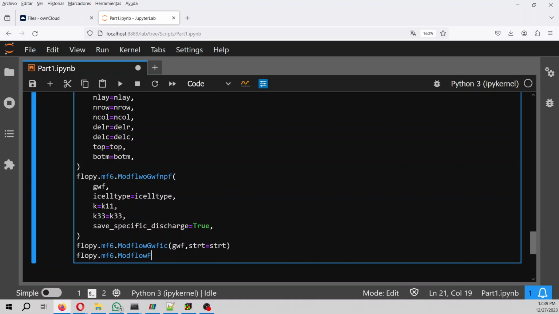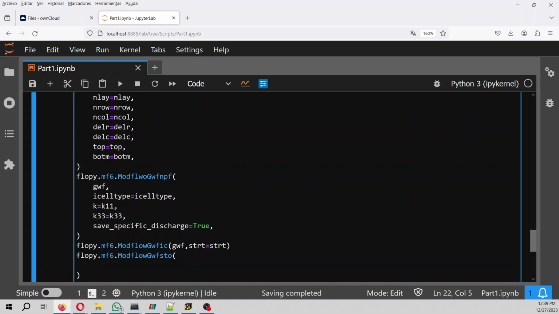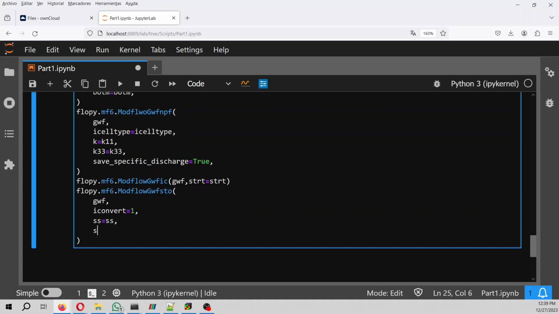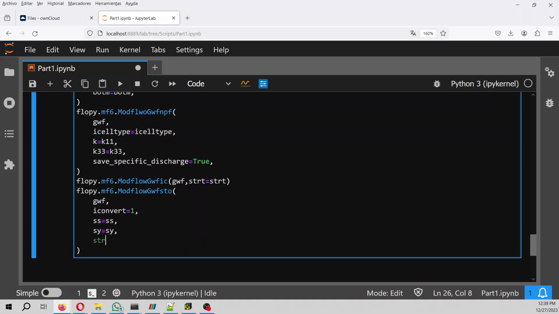Then flopy.mf6.ModflowGwfsto, storage, gwf, iconvert is equal to 1, ss is equal to ss, sy is equal to sy, steady_state is equal to,